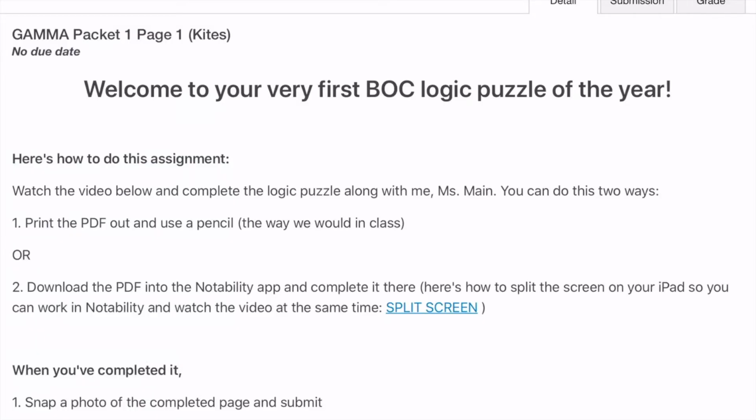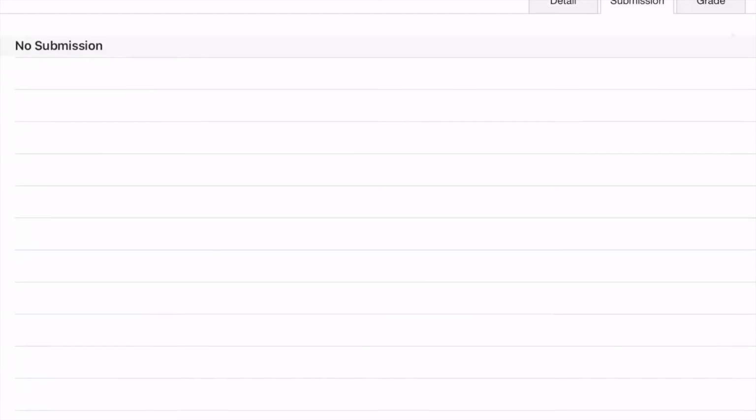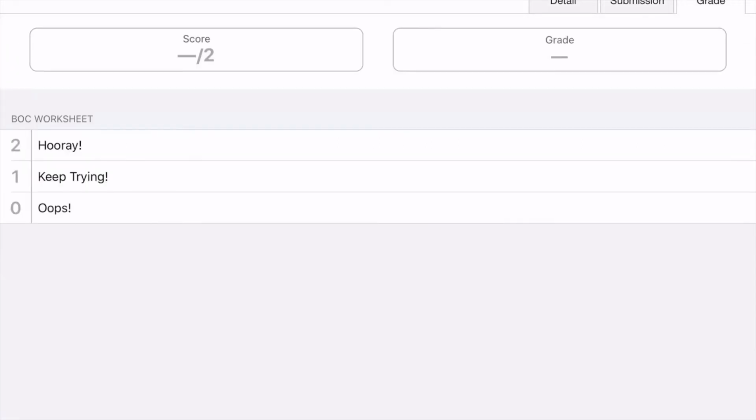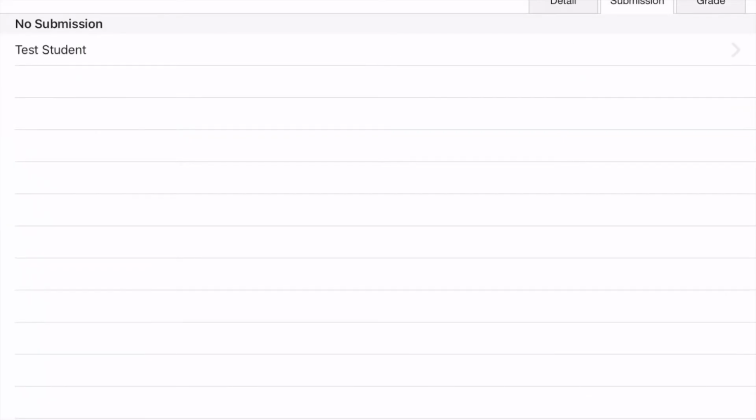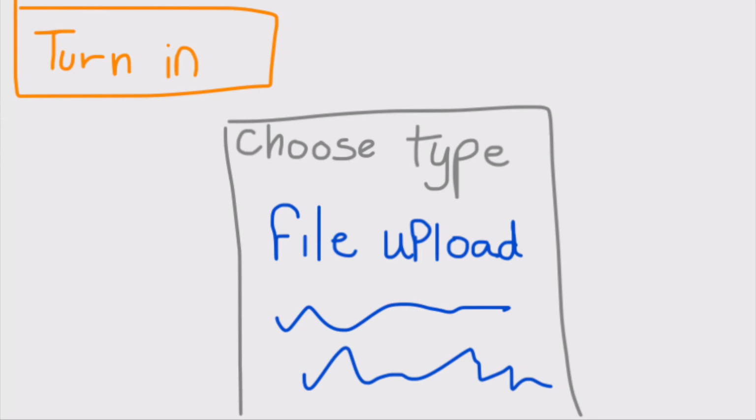And here's how to turn it in. Bop on over back to the assignment and you'll see at the top there are 3 little tabs: Detail, Submission, and Grade. Bop on over to Submission, and it's not going to let me submit because I'm a teacher, so hold on and I'll draw what you should see. This is kind of a low-tech solution, guys, but you should see an orange